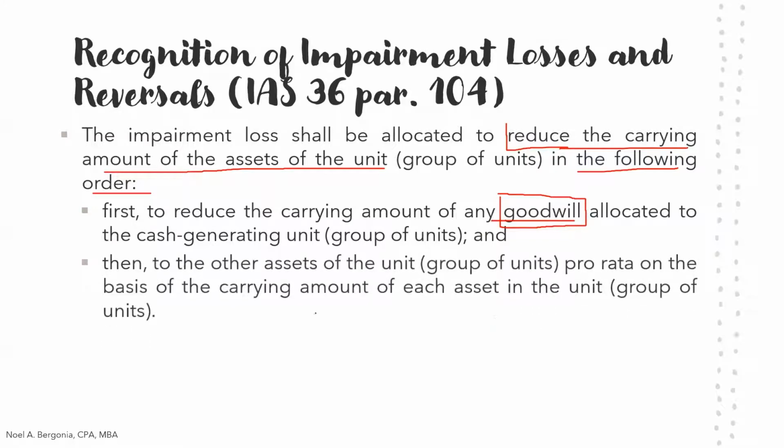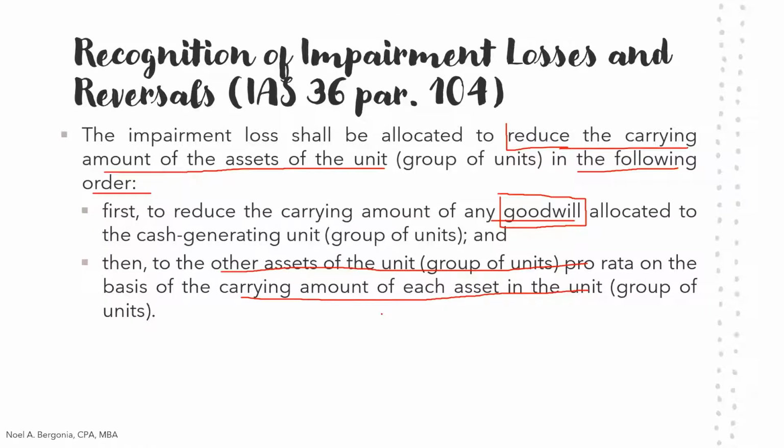And then kung wala pong goodwill, then what you're going to do is to allocate the impairment loss based on the pro rata carrying amount of each assets in the disposal group. So yung carrying amount, yung pagbabasihan natin. Okay, you can refer back to our CGU discussion in the subsequent recognition of intangible assets for the pro rata distribution of impairment loss. So it's just like this lang din naman. Okay? So I hope that that is clear? So that's some of our theories. Mamaya dadagdagan pa natin yan.